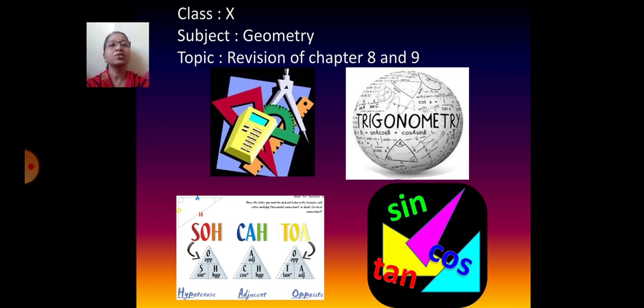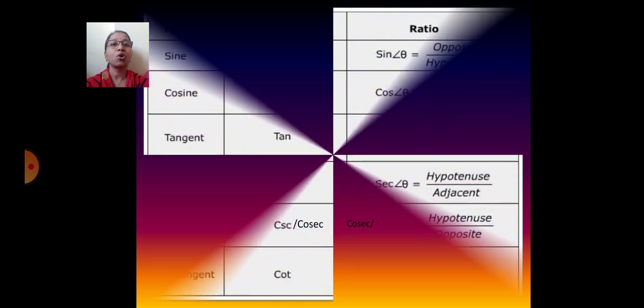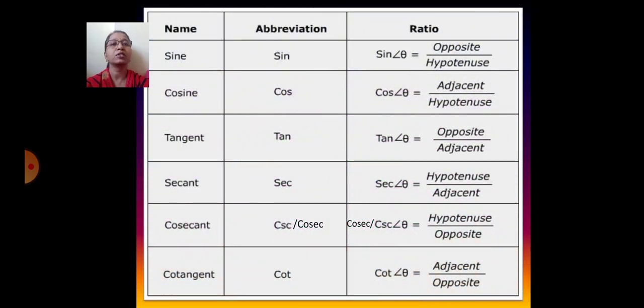So this is the revision series. In this revision series, our first lesson, we will see all very short answer type questions. So let us quickly revise the important concepts once again. If you remember, children, in our first video lesson, I introduced you to the six trigonometric ratios. Which are those? Sine, cos, tan, sec, cosec and cot.